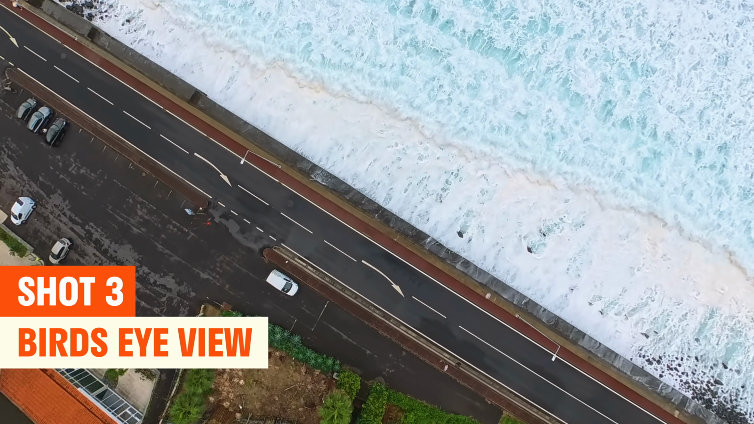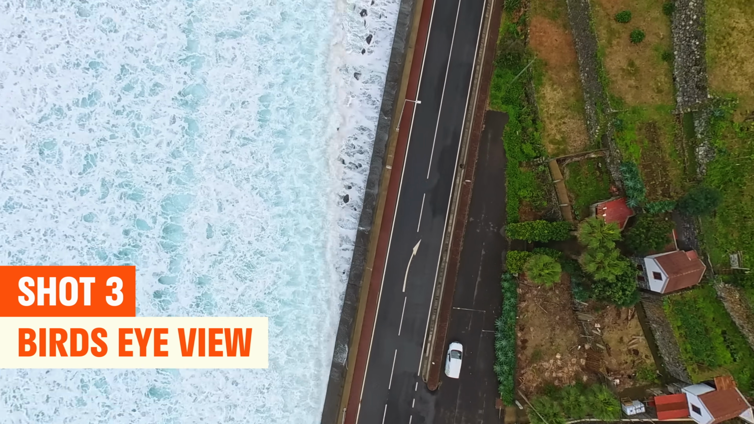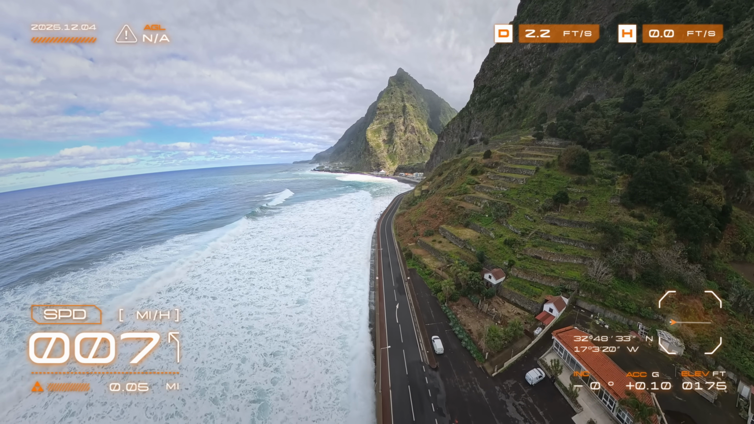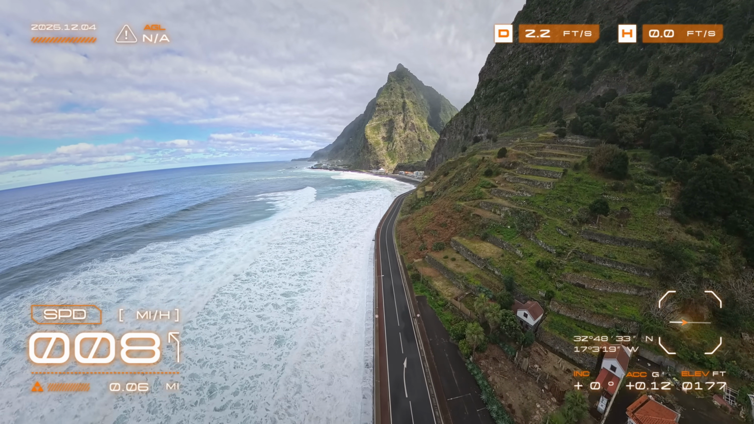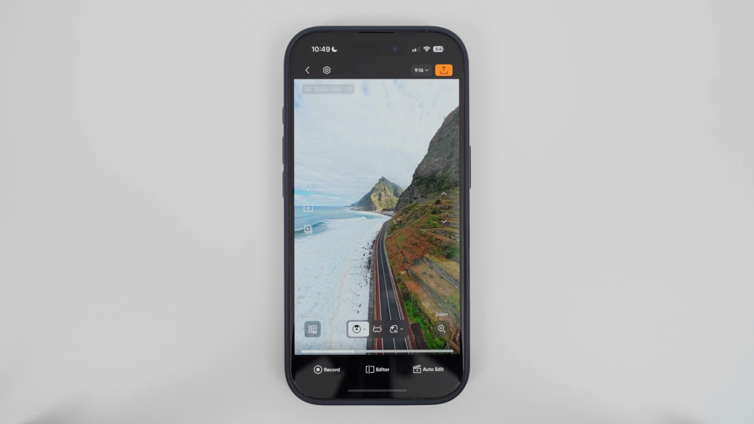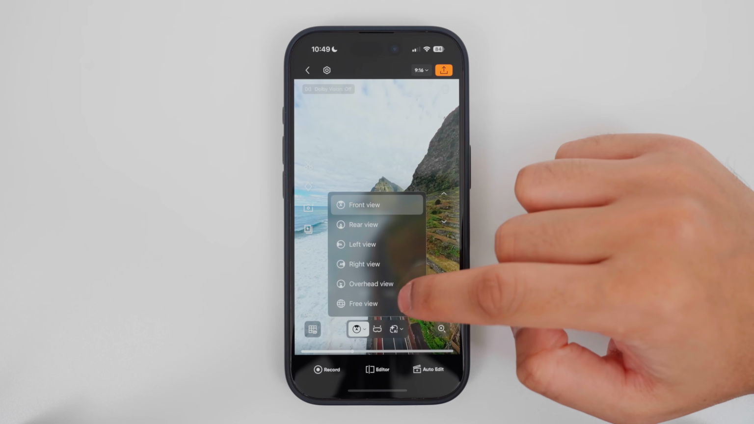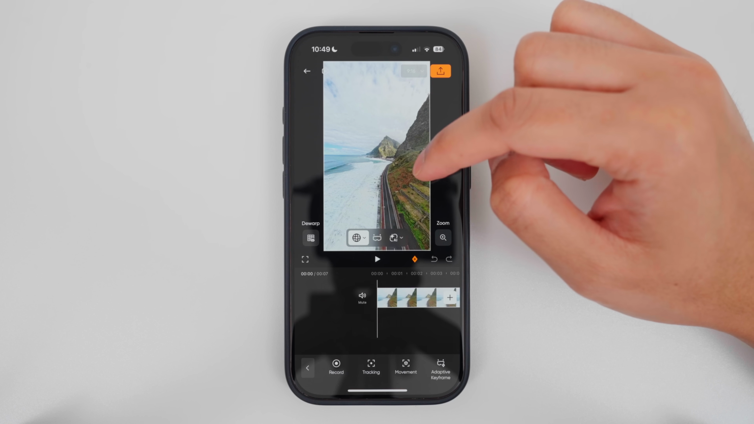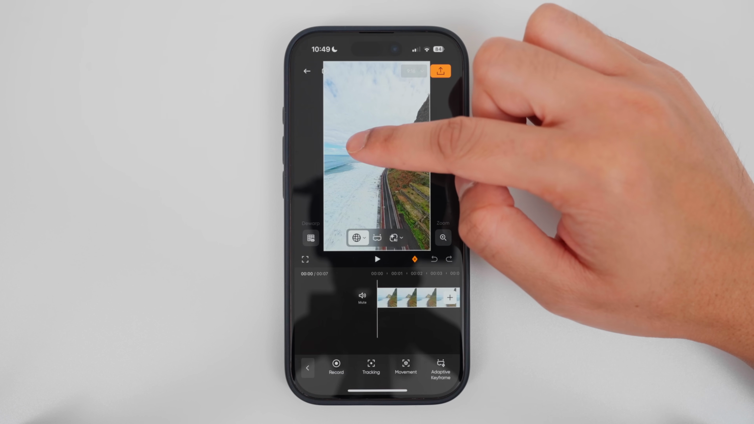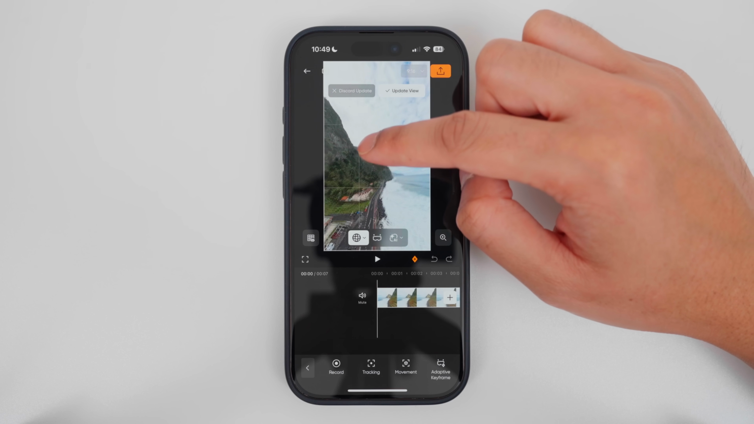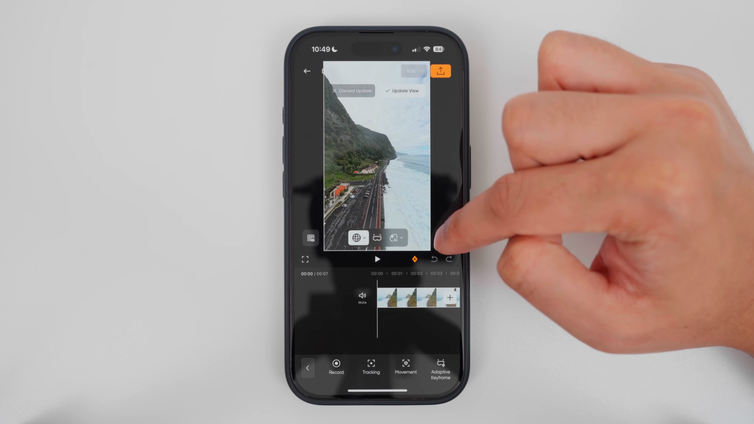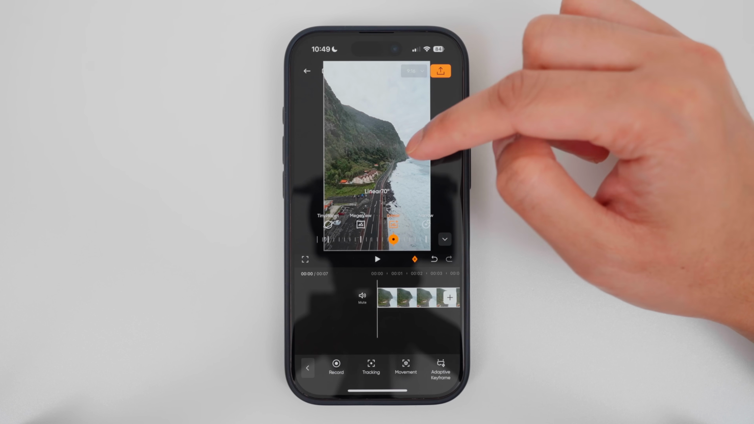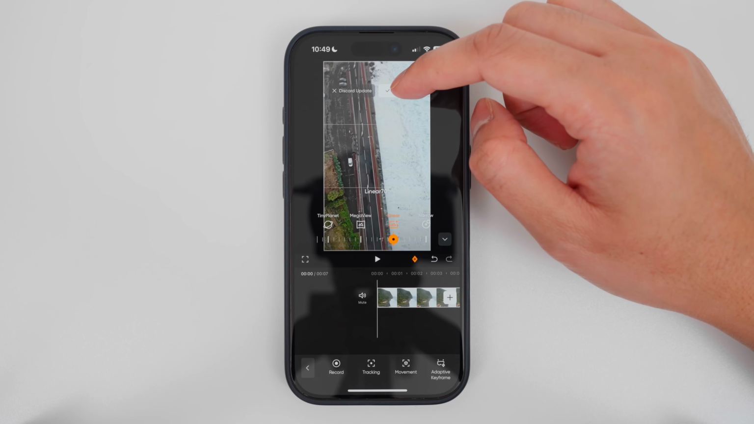Shot number 3 is a bird's eye view. To capture this shot, fly in a straight line for 10 seconds. To edit this shot, first change the direction lock to free view, then go into the keyframe editor. At the beginning of the timeline, I'm going to look in the opposite direction, change the field of view setting to linear, look down at the road,